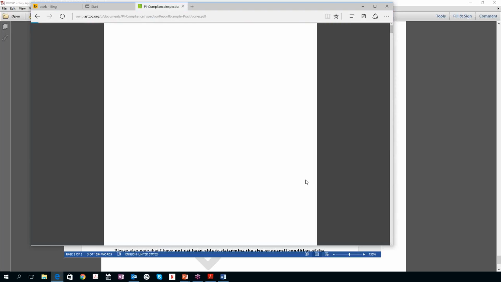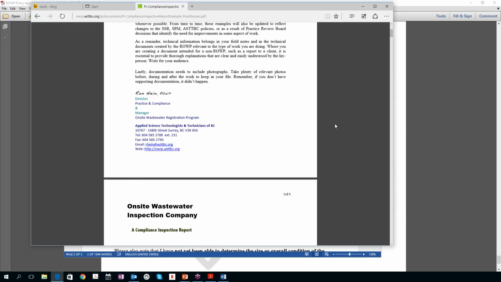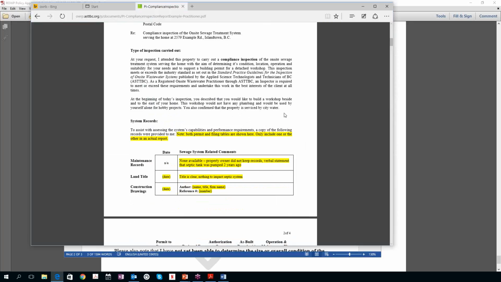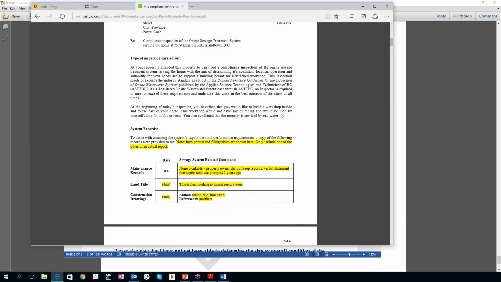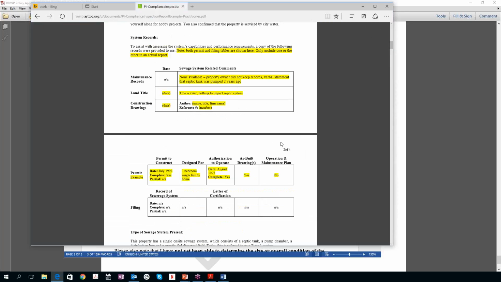So I click on that link, and here's an example that has been looked at and, shall we say, approved or sanctioned by ASTT. So again, our job right now is not to look at every detail, but just to let you know that it's there. A few things we could note. It identifies whether it's compliance or performance. It talks about whether we could find the system records.